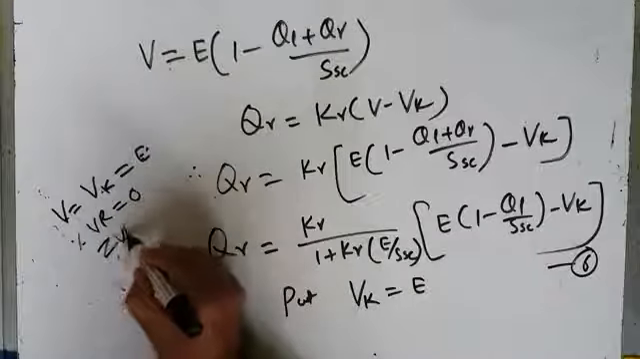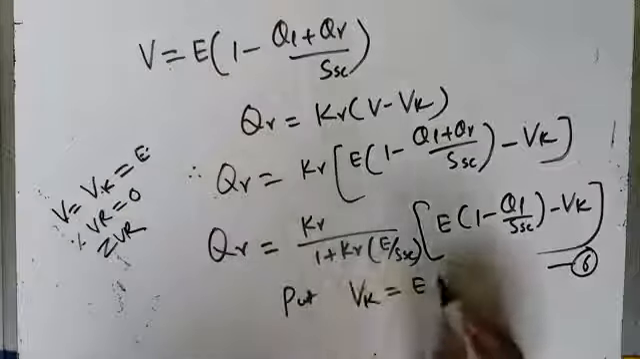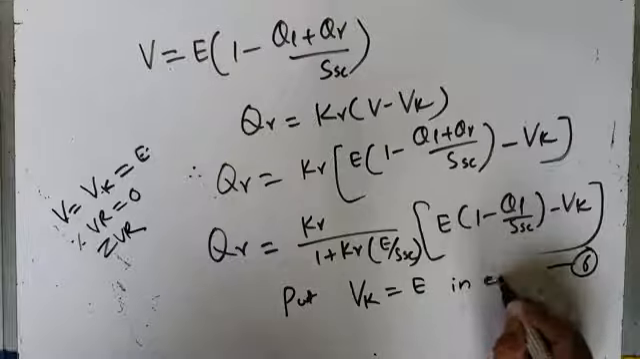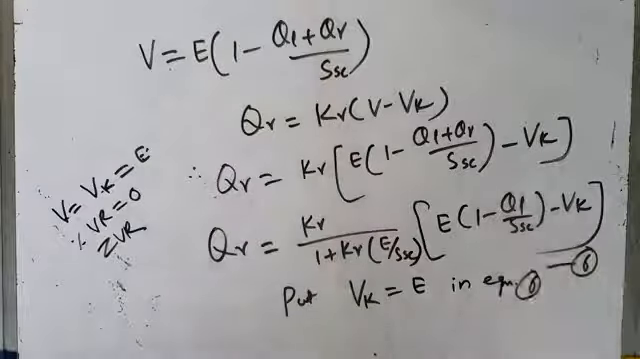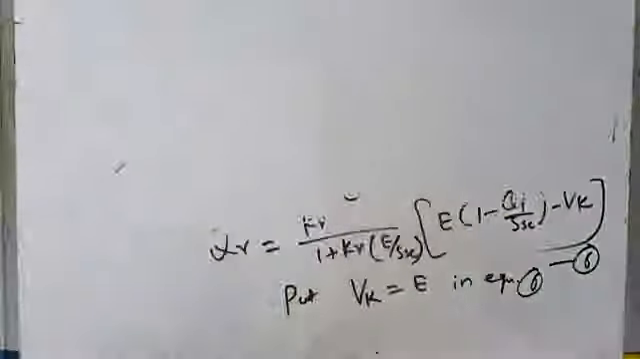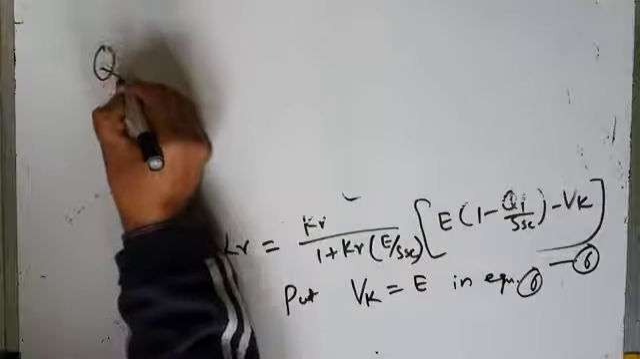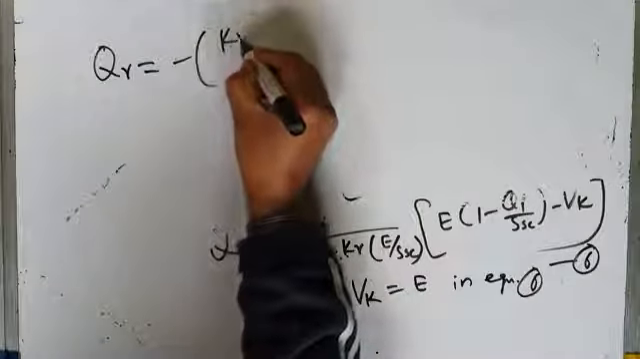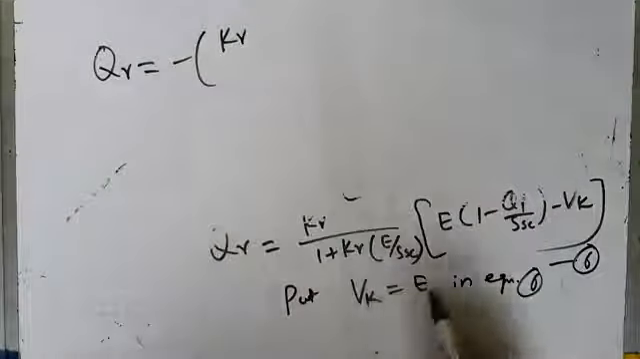So that gives you 0 voltage regulation. In this equation, put Vk equal to E in equation 6. We'll get a new equation, and let me write that equation. That's a very important equation. So I will get Q gamma equal to minus K gamma, putting Vk equal to E and